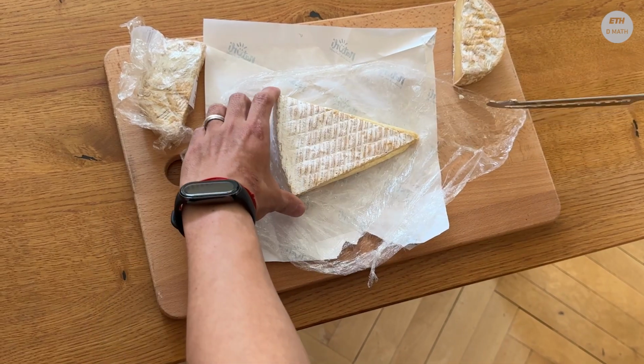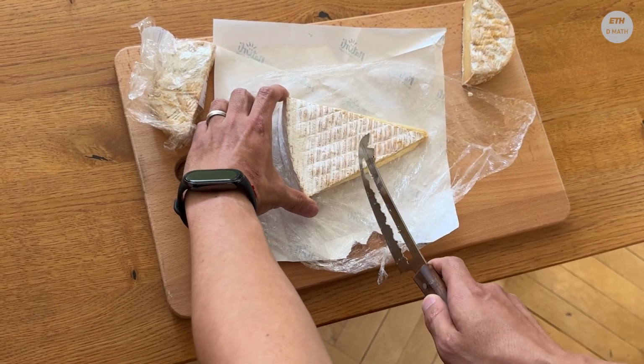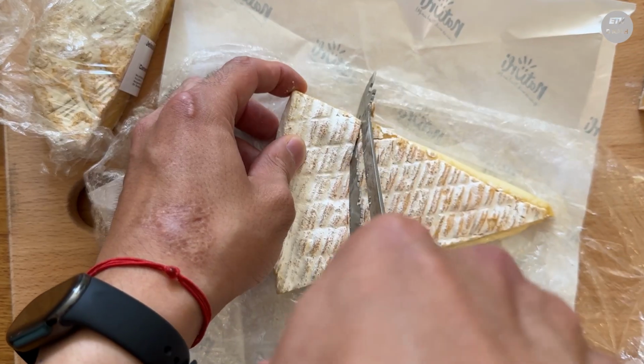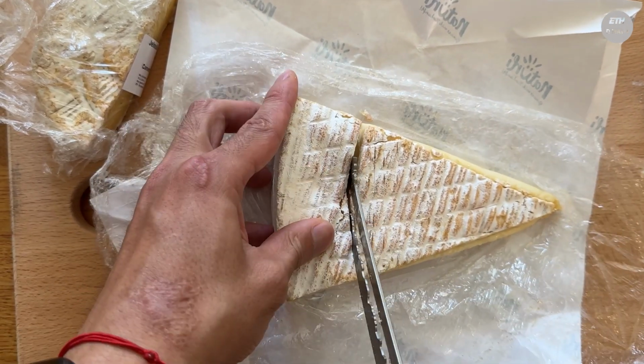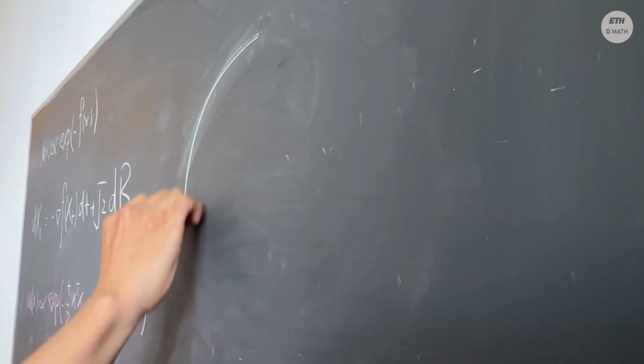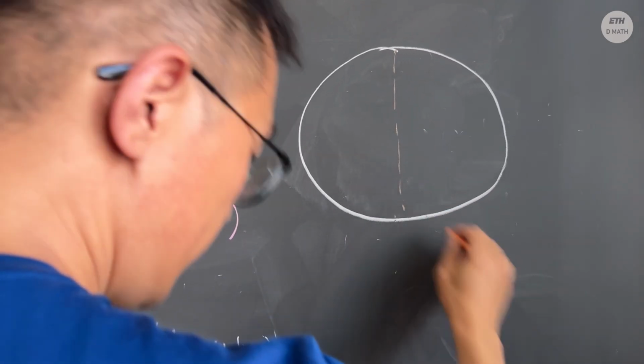So cutting it along the radius or cutting it horizontally is no longer the optimal cut. The optimal cut actually requires you to make a curved cut. The problem gets more complex in a higher dimensional space. Imagine you have a 50-dimensional object. What would be the optimal cut that minimizes the exposed surface area?